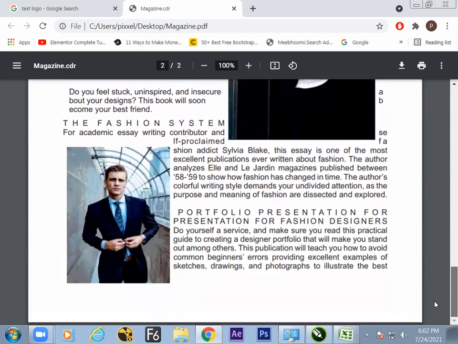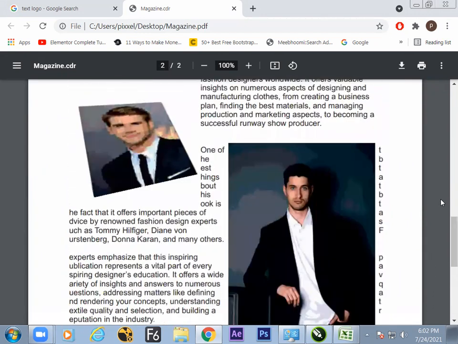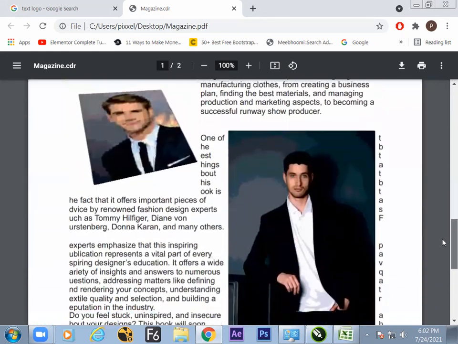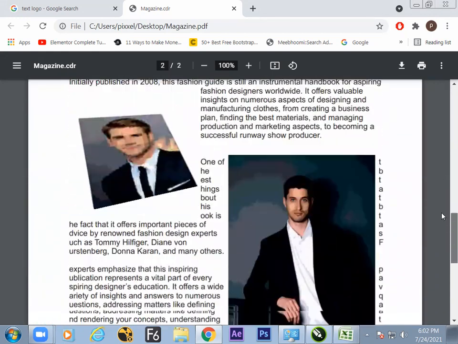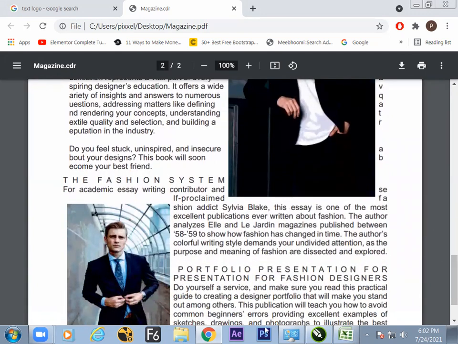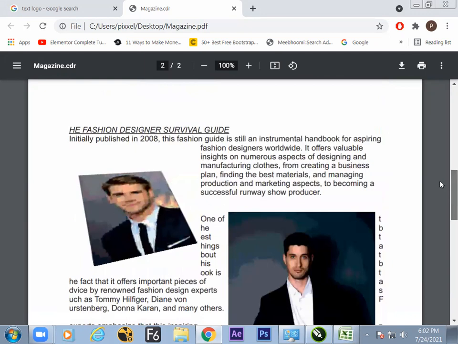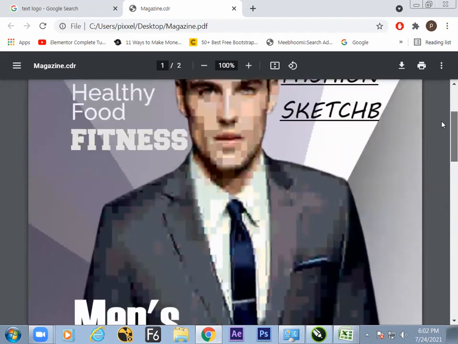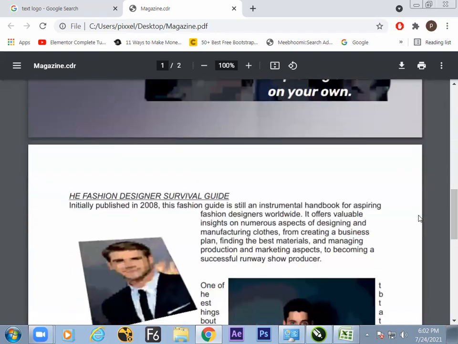Okay, great, great. You used text warping? Yes sir. Fine, so nice. Everyone can make some magazines like this. A lot of ideas are there in your brain. You can see how beautiful it is. I have not shown this in the class, but imagination makes the difference. So you can think beyond, and every brain is a super brain.